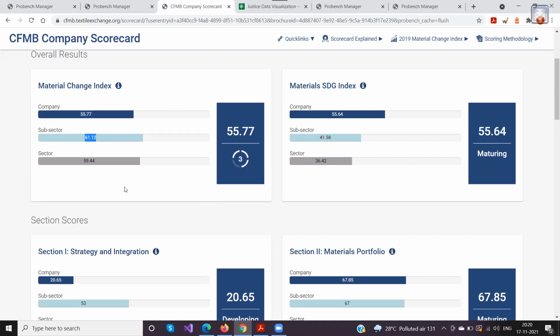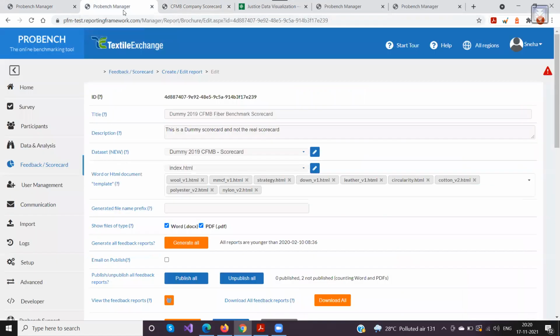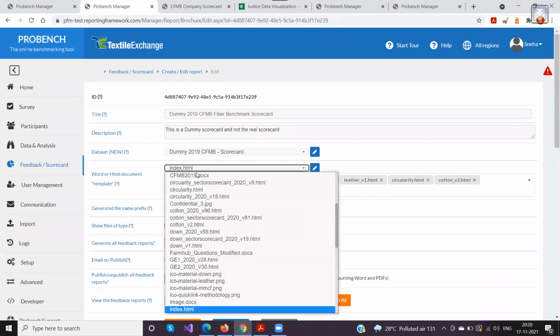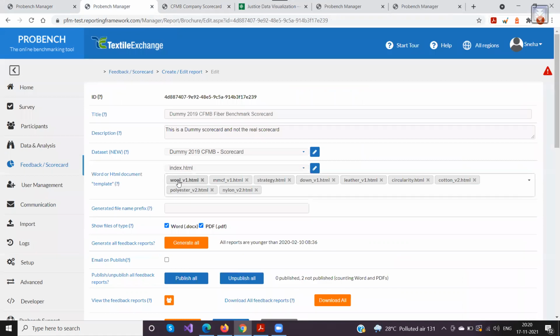So it's like we create an HTML format. Just to show you, this is how we add the HTMLs here. In the HTMLs, one is the index page, which is the very first page that you can select from here, and the rest of the things you can keep on adding. So you can have any number of multiple pages when it comes to the HTML web report, because there can be multiple web pages in your web scorecard.